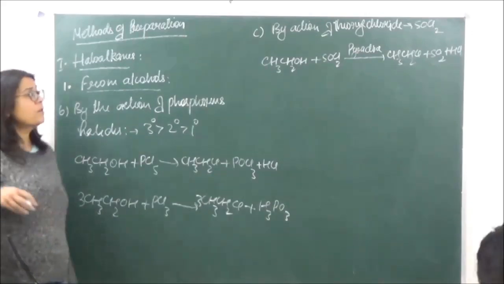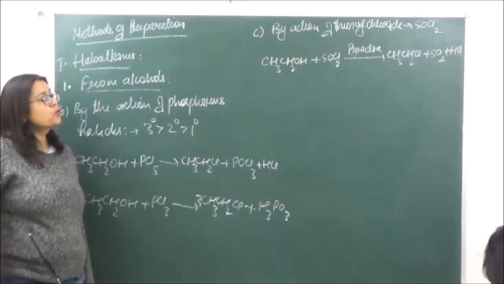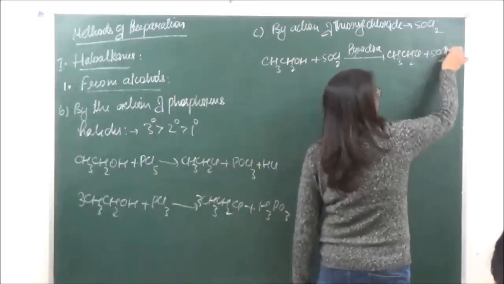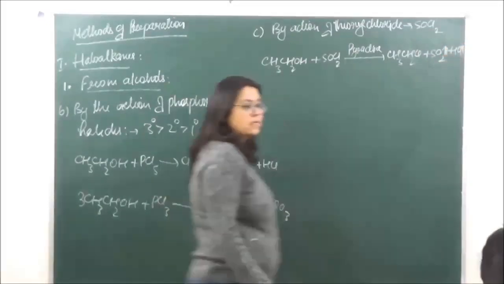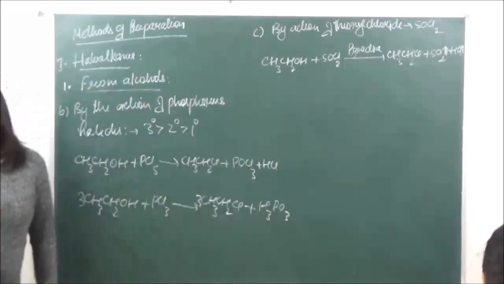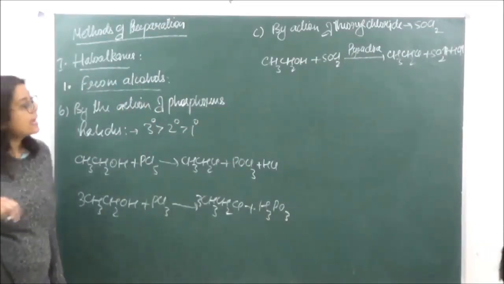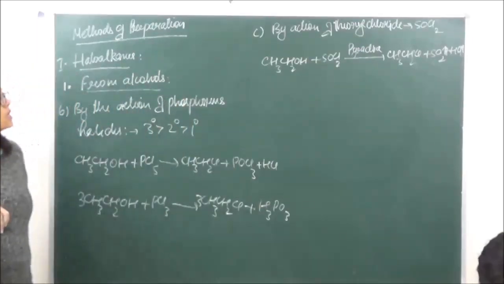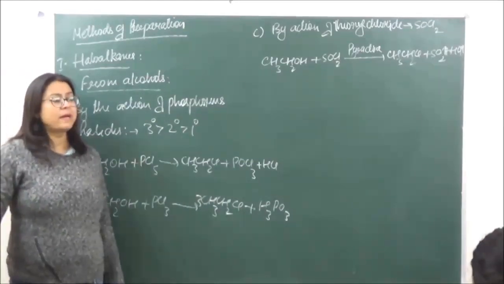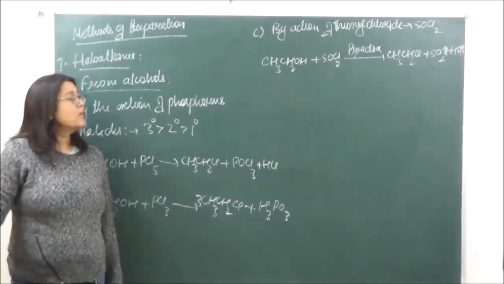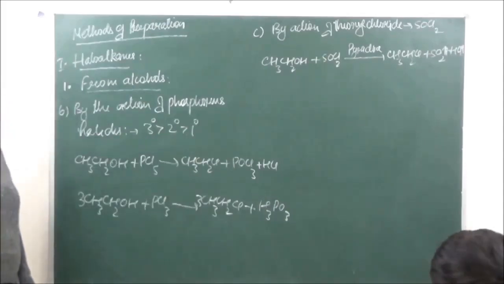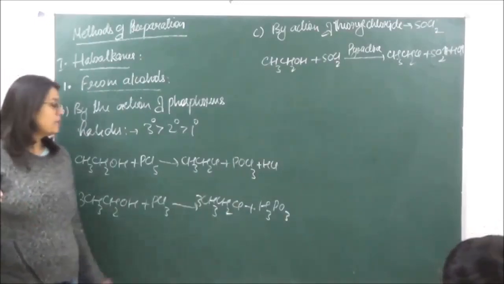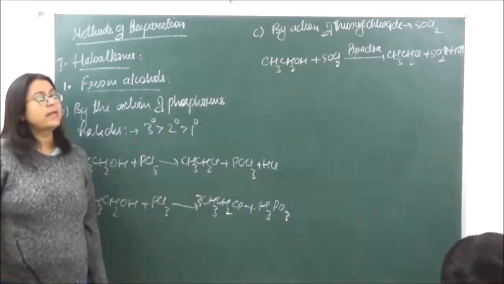Right? Now in this case, when we are comparing all the three types of reactions which we have done, this is one of the best methods to produce haloalkanes. The reason behind that is that here sulfur dioxide and HCl are both gases. Okay? So both are going to escape easily, as a result of which a separation process may not be needed while we are preparing haloalkanes by this process. Okay? So this is the first method which we have done from alcohols. Alcohols we did with halogen acids, then we did it with PCl5, then with PCl3, and then with SOCl2.